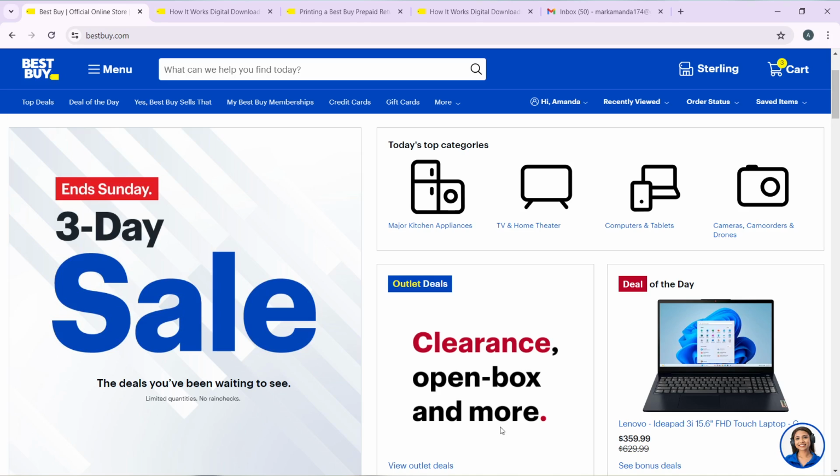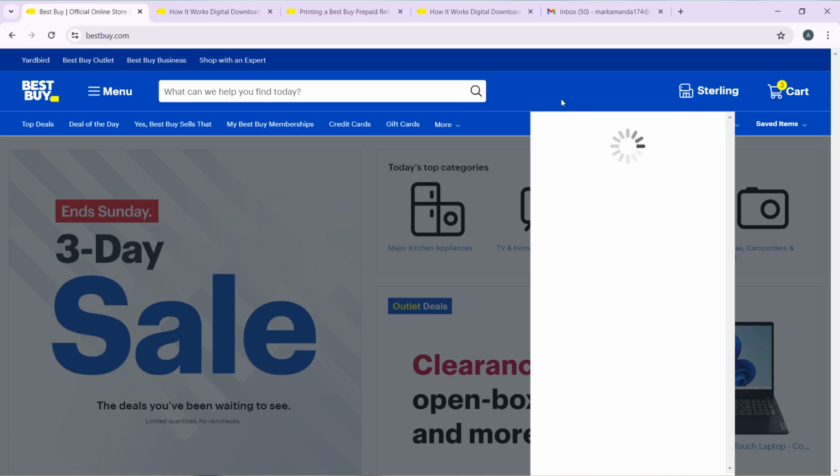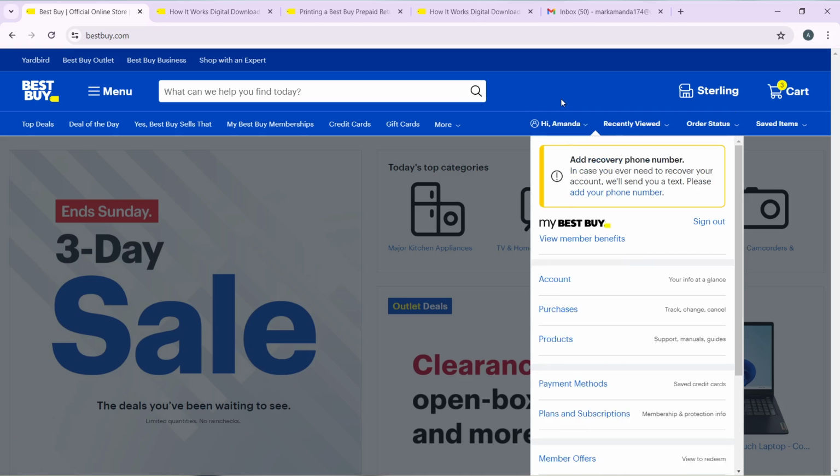So now that we know a bit of what Best Buy is about, let's quickly hop into today's topic, which is how to change your account name in Best Buy. From this homepage, head over to the top right corner of your screen. You're going to find the Hi Amanda, recently viewed, order status and saved items. So go ahead and click on Hi, and your name, and that's going to take you to this extended window